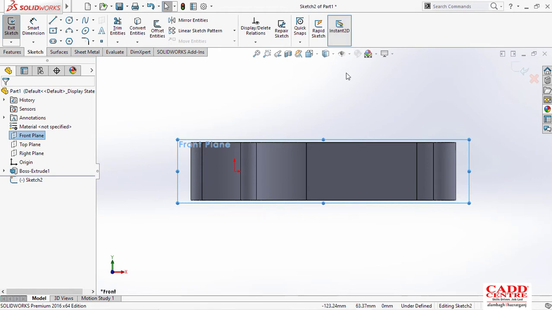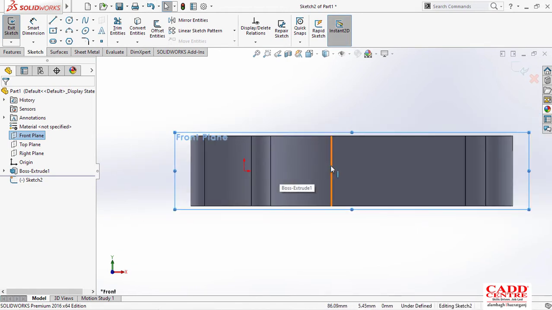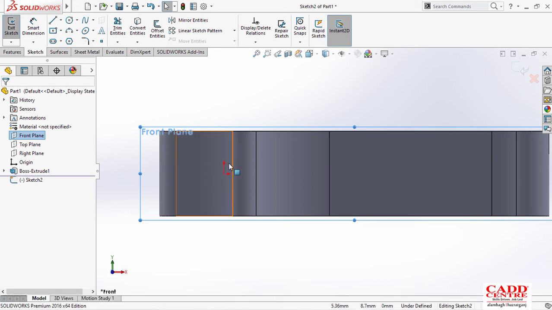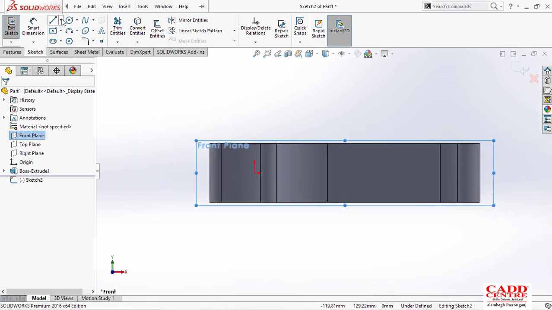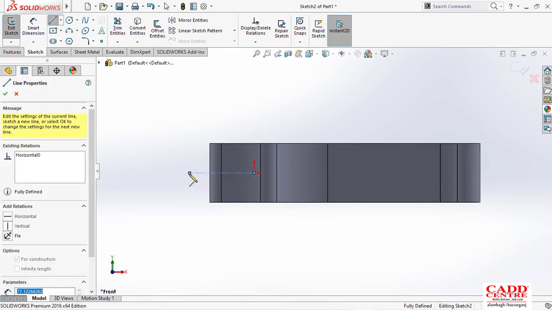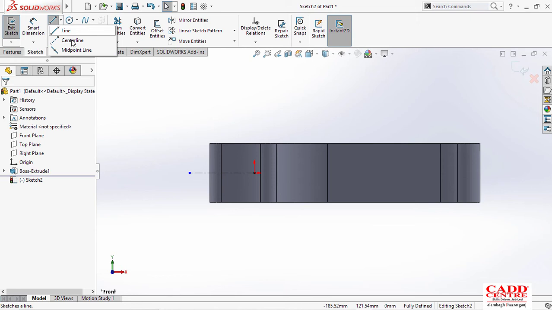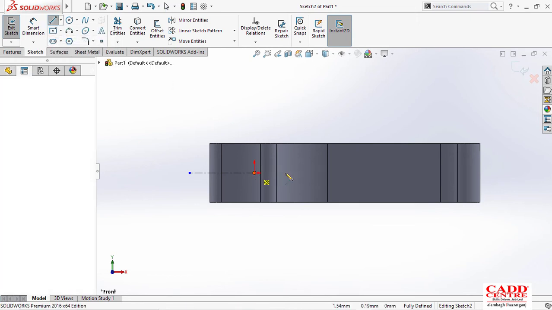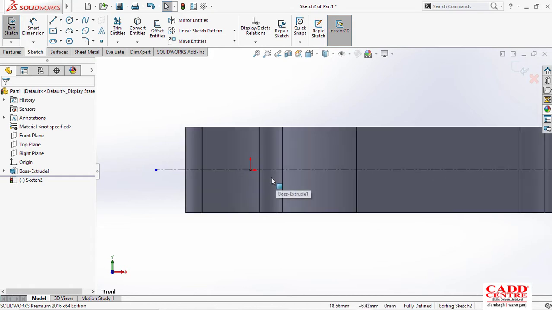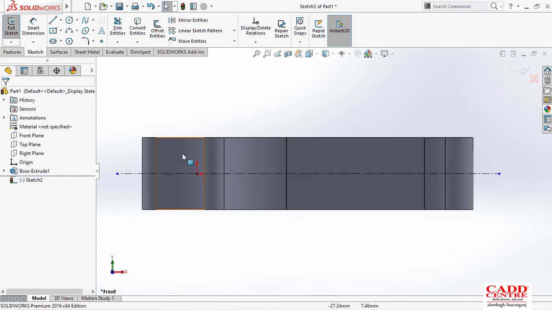Before making the cutting, because we have drawn with a middle point, that will be the middle of this center line. So this one and this one, it will be the middle of this whole figure.